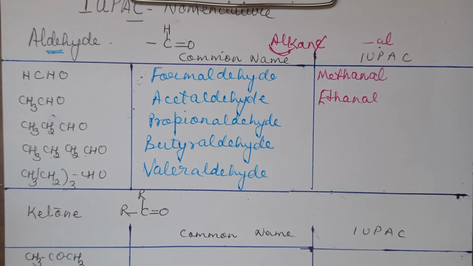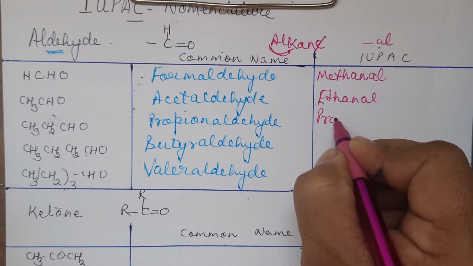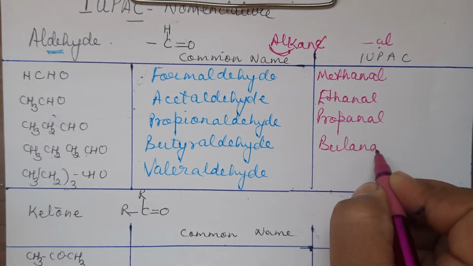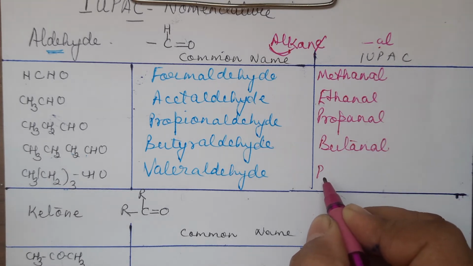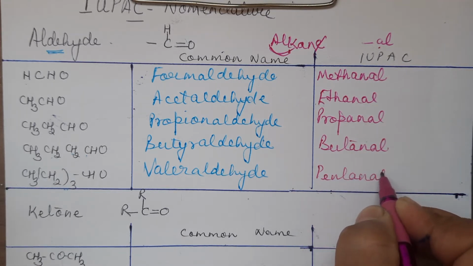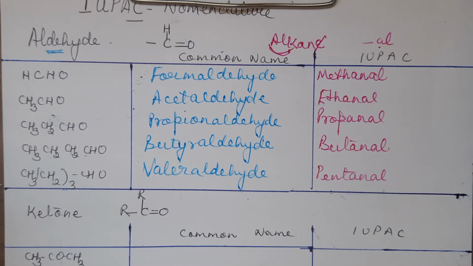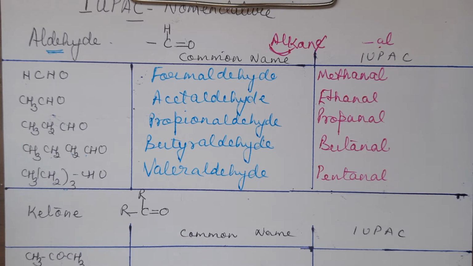If there is only one functional group, that is aldehyde, then you needn't give its position because it will always be first position. Three carbon atoms, we will name it as prop, an, al. Likewise, but, an, al. Then you have pent, an, al. So this is how you name aldehydes. If this is coming as a secondary functional group, how it will be named and all that we will talk about in the rules in the upcoming videos. As of now, I'm completing one functional group because to understand it properly, we have to do it in detail. There is no shortcut for it.